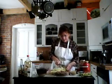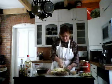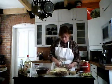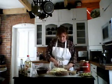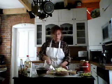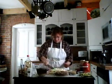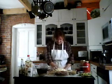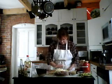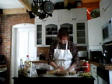My husband says if I ever did a cooking show, it would have to be called a messy cook, because he always laughs when he comes home because I end up with anything that I'm feeding, I wear it. And anything I'm chopping, the floor wears it. So he calls me the messy cook. So if you're a messy cook, you'll understand. It's just really hard. I told him if we ever build our own house and we build me a kitchen,